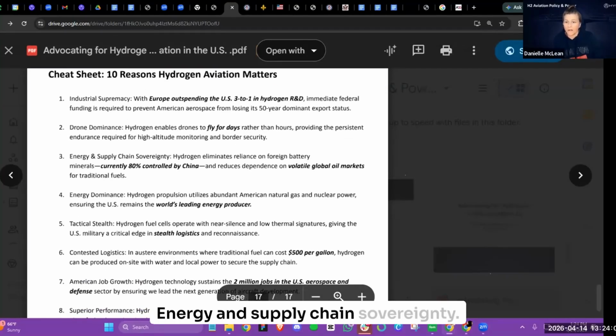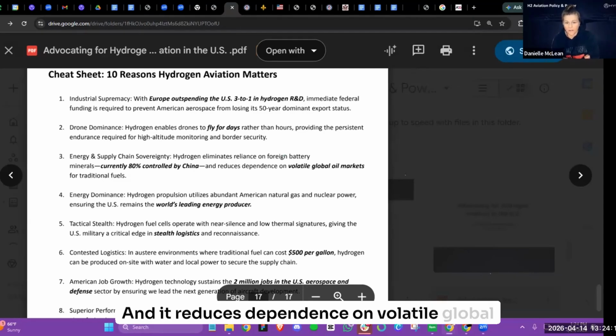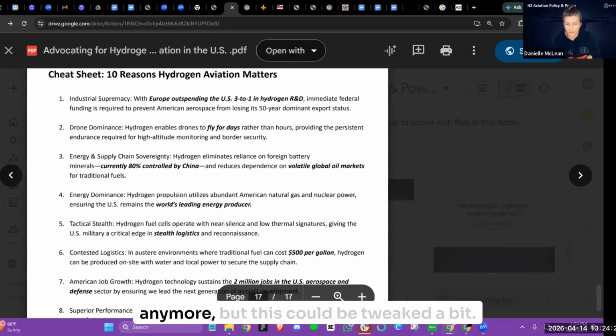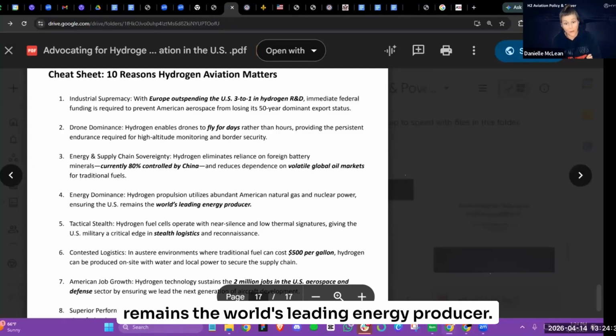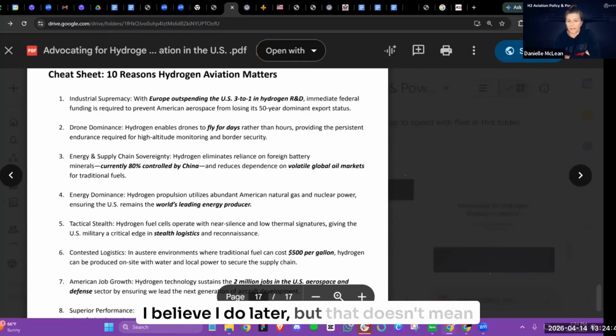Number 3, energy and supply chain sovereignty. Hydrogen eliminates reliance on foreign battery minerals, currently 80% controlled by China, and it reduces dependence on volatile global oil markets for traditional fuels. Number 4, energy dominance. I don't know if we're allowed to say that anymore, but this could be tweaked a bit. Hydrogen propulsion utilizes abundant American natural gas and nuclear power, ensuring the U.S. remains the world's leading energy producer. Notice I didn't say anything about renewable green hydrogen here. I believe I do later, but that doesn't mean it couldn't be,